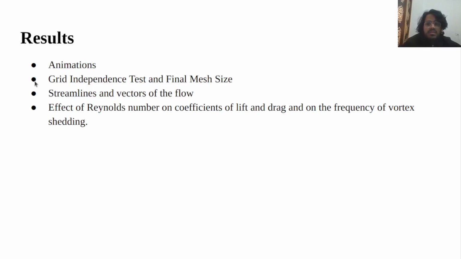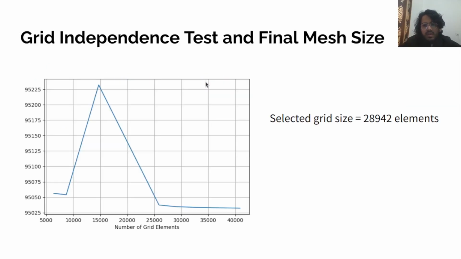First is animation. I have shown you the animation already in the video. Next is grid independence test and final mesh size. This is the grid independence plot, where I plot the average velocity, these velocities are into 10 raised to power minus 5, against the number of grid elements here, and we got that the velocity becomes independent of the number of elements